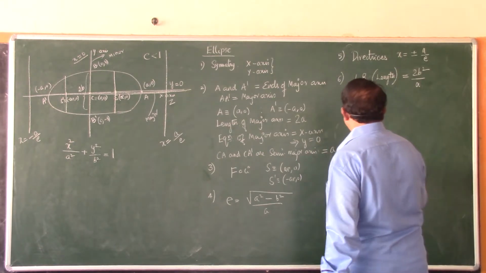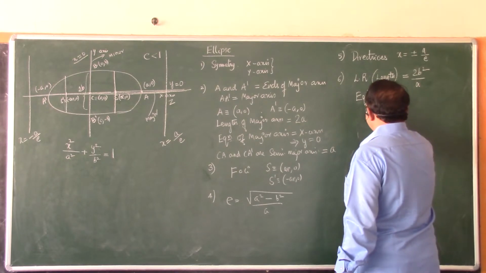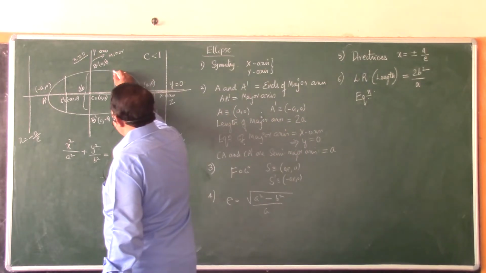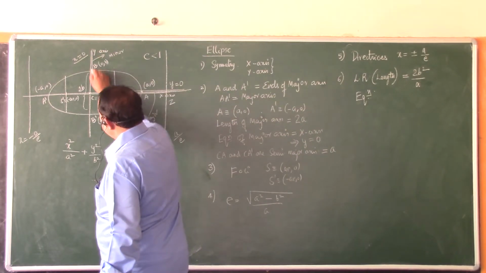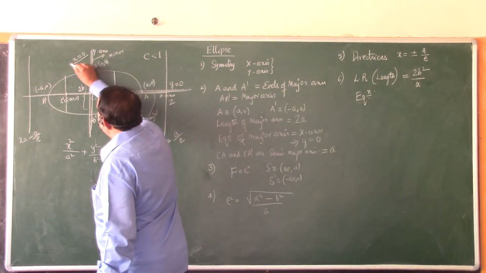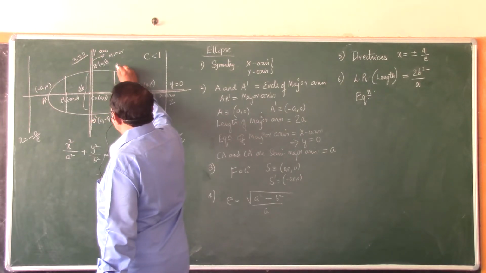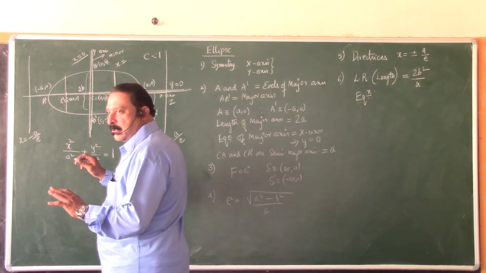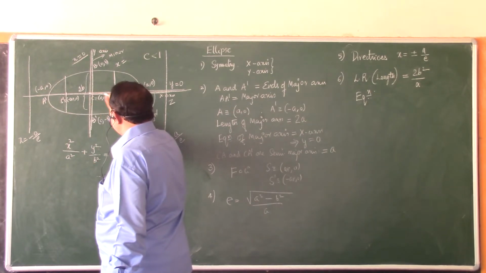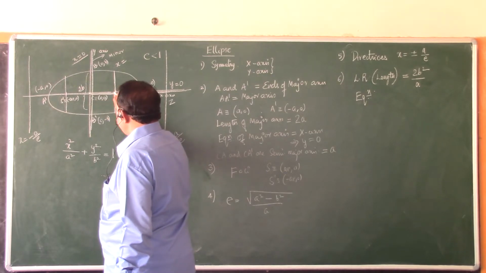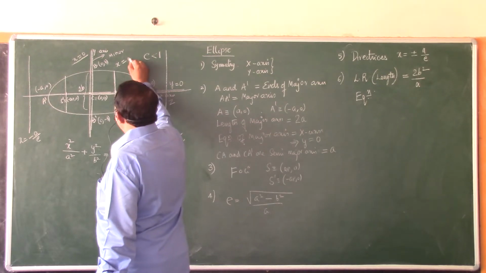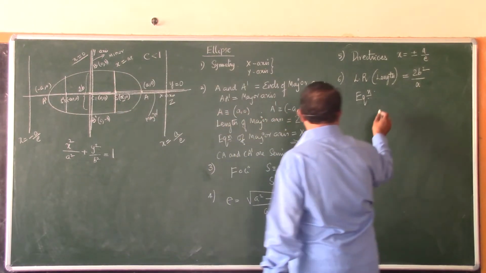And the equation of the latus rectum. Now see how the latus rectum is. It is parallel to which axis? It is parallel to the y-axis. What is the equation of the y-axis? X equals 0. So the equation of the latus rectum must also be x is equal to some constant. That constant is how far it is from the origin. What is this distance? AE. Can you see that? This distance is AE. So x equals AE is one equation of the latus rectum.